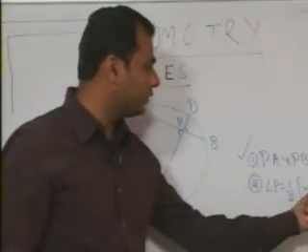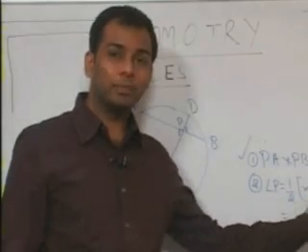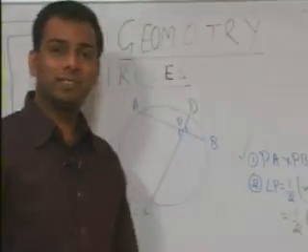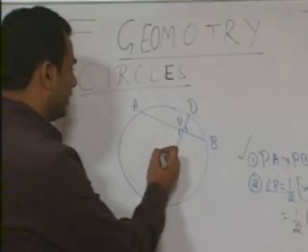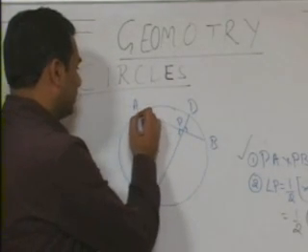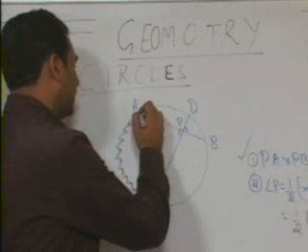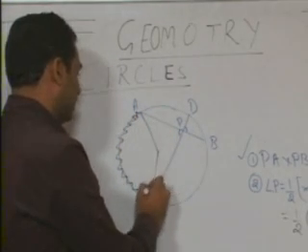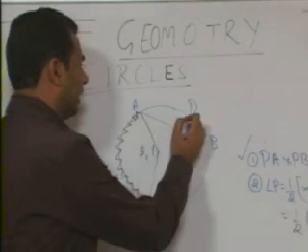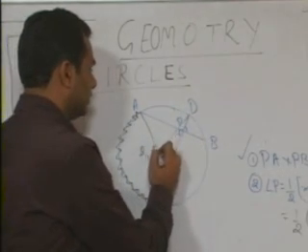And here also I need to take the central angle, the angle subtended by arcs AC and BD at the center. So for example, if this is the center of the circle and this is my arc AC, the angle subtended by arc AC at the center, let's say this angle is theta 1, and arc BD at the center, let's say